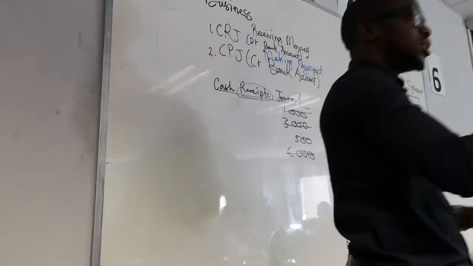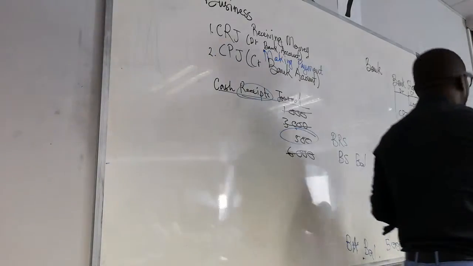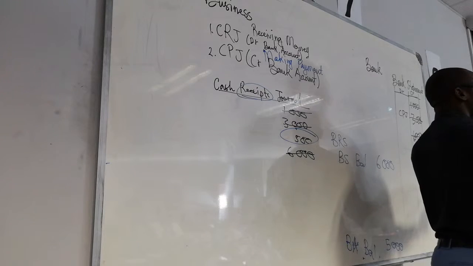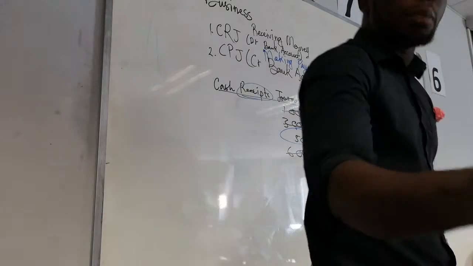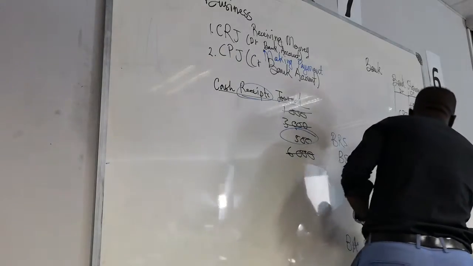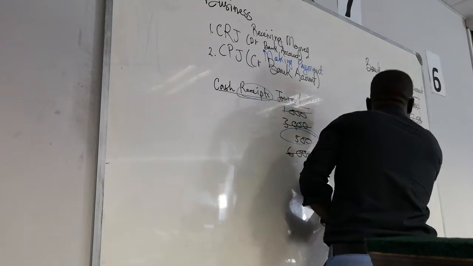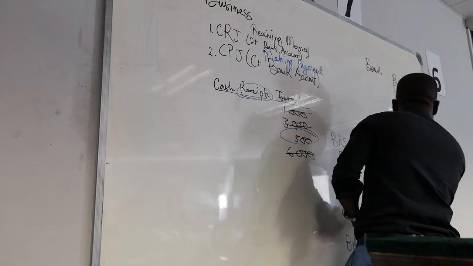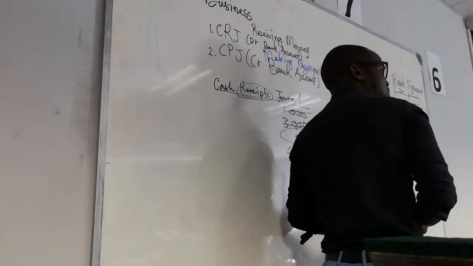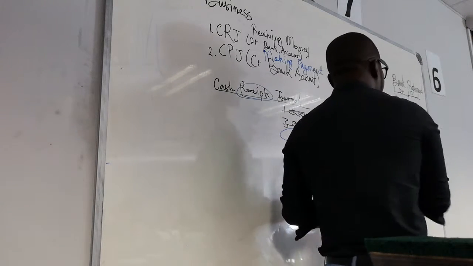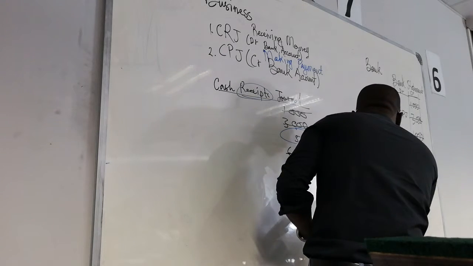Now, when we find that we've got something in our CRJ that is not on the credit side of the bank statement, we then go and say, okay, let's just update this to not say plus and minus, to rather say debit and credit. Our bank reconciliation statement is also going to have a debit and a credit balance. Are we together? There's going to be a debit and credit balance. So let's talk about these balances. We've already touched on them.